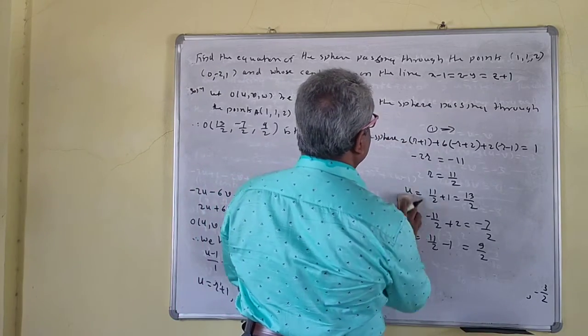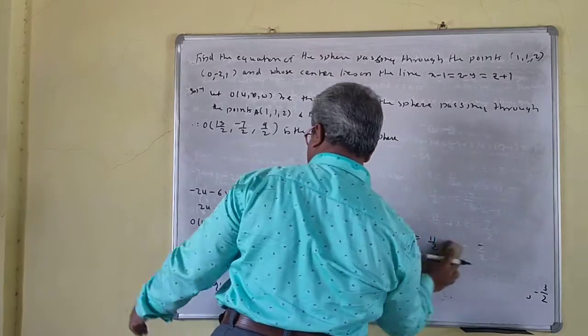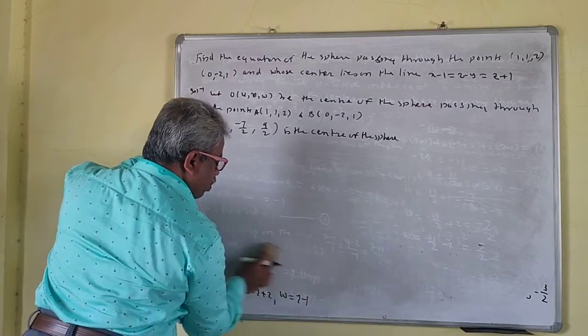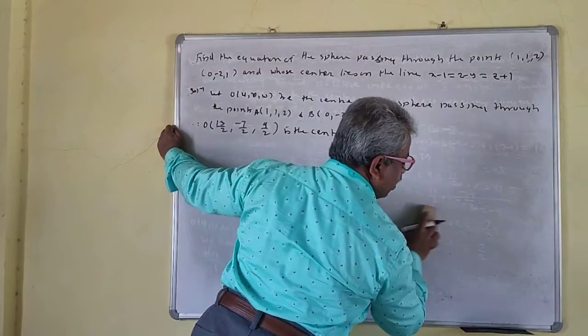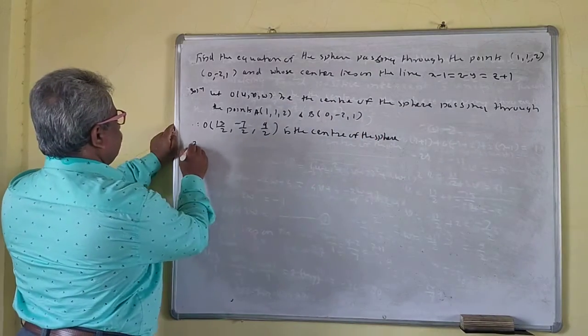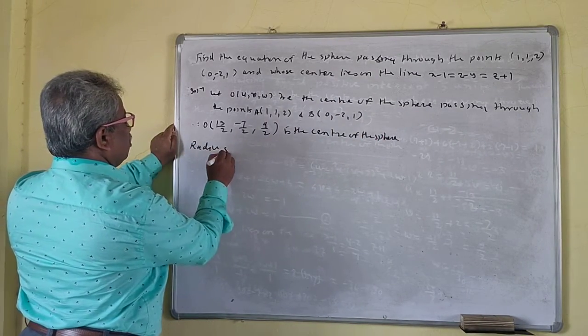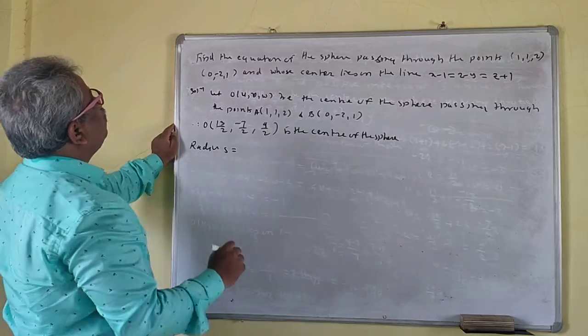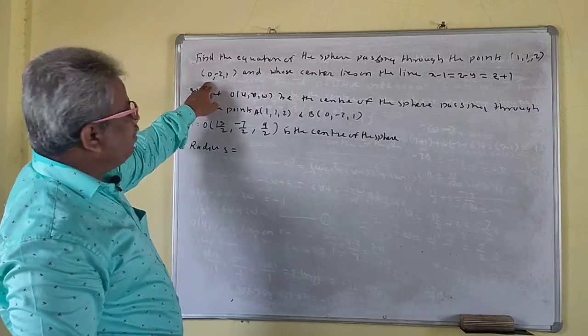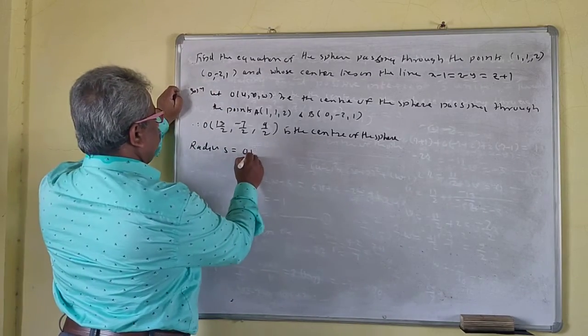Okay, so now we don't build this. So we got the center. Now it is easy to find the radius of the sphere. Radius is equal to... see, 0 is here. We'll take the benefit of this 0 now. So this is what OB will find.